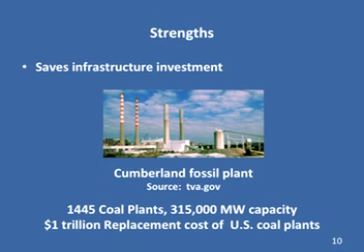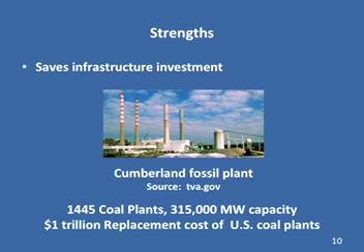In 2008, the U.S. Energy Information Agency added up all the coal-fired power plants in the United States and found that there were 1,445 of them, spread out all over the United States, with a capacity of 315,000 megawatts. Now, recent costs are about $3 million per megawatt to build a power plant. And that means there's $1 trillion